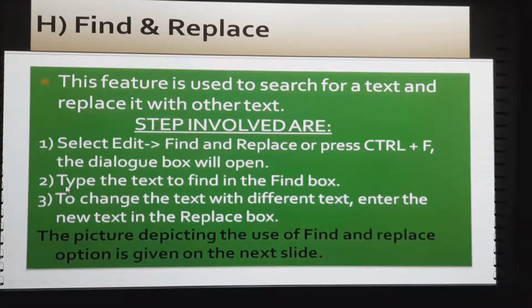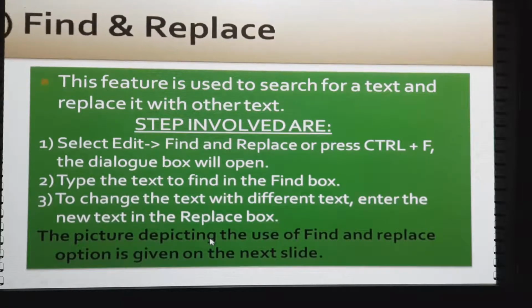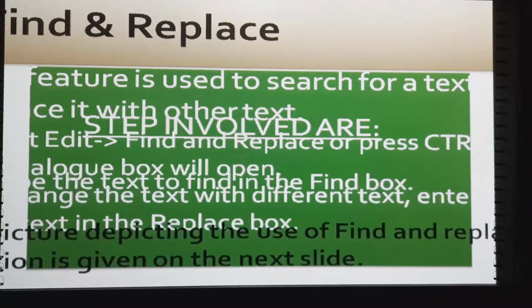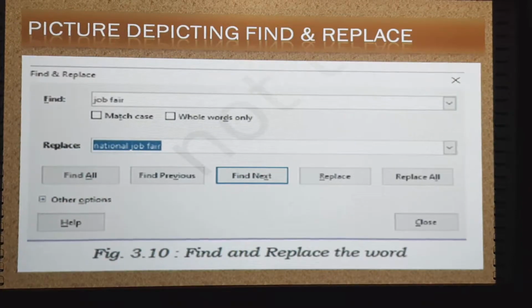Then we need to type the text to find in the Find box. To change the text to a different text, enter the new text in the Replace box. A picture has been depicted on the next slide, showing how a Find and Replace window will look.